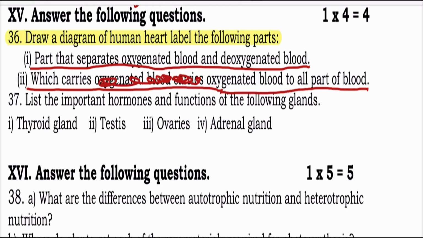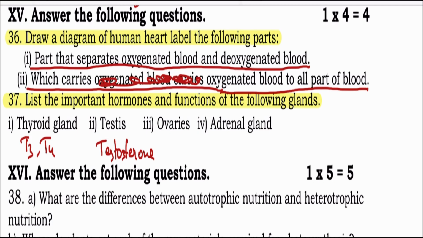Next question, list the important hormones and functions of the following glands. Okay, they have given thyroid gland, testes, ovaries and adrenal gland. In thyroid gland, the main hormones are T3 and T4, meaning triiodothyronine and thyroxine. Thyroid gland helps in regulation of metabolism, growth, development, and control of energy levels and body temperature. Whereas if we come to testis, the hormone is testosterone,